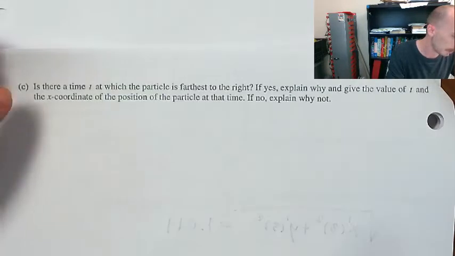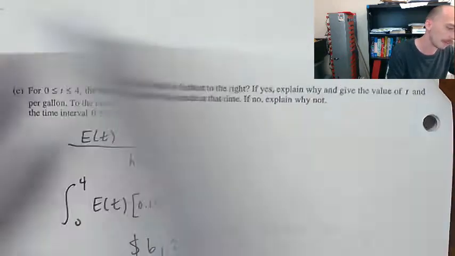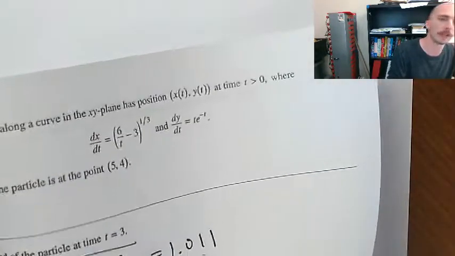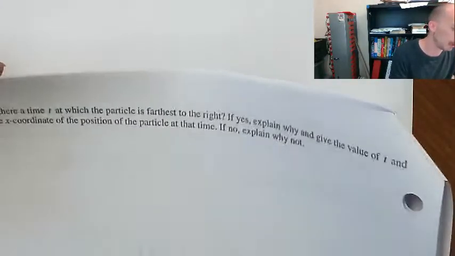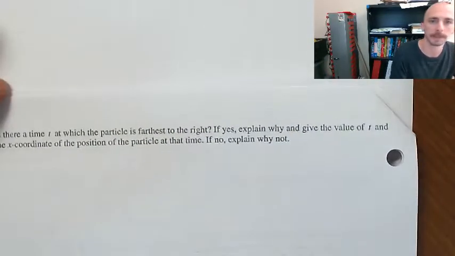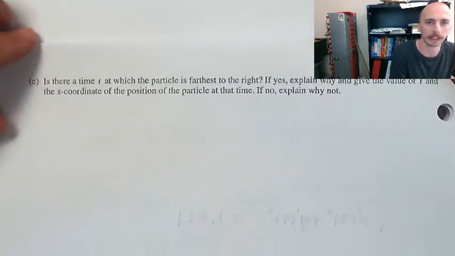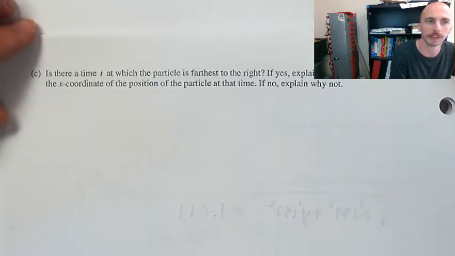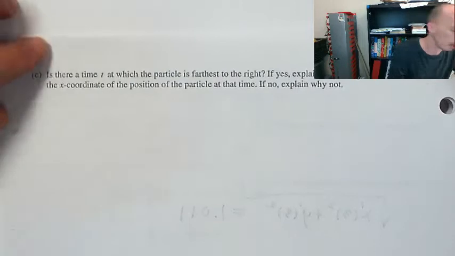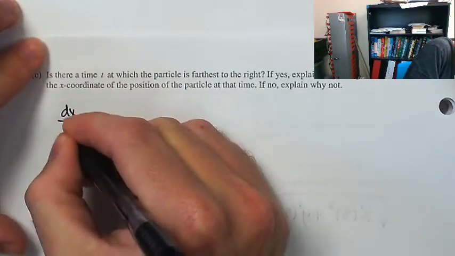Is there a time t at which the particle is farthest to the right? If yes, explain why. And this is t greater than 0. So what we're going to need to do is look at dx/dt. And I feel like if we can provide some sort of narrative about dx/dt, we'll be able to say yes or no. So dx/dt,